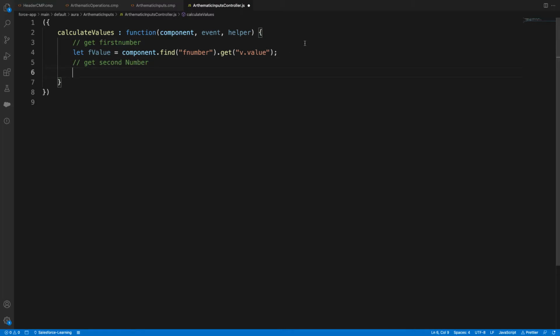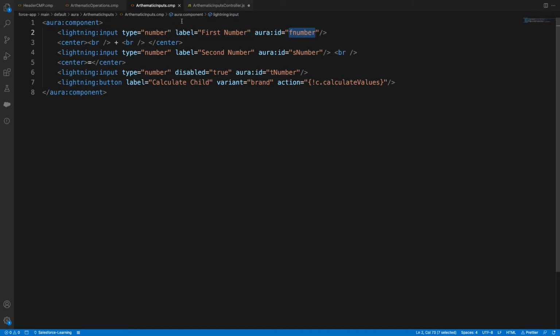Second number, okay. Whenever you have aura attributes, you know how to get them: component.get v. aura attribute name directly, isn't it? For the values. But what if it is an input, but there is no value defined? For those things, based on the Aura ID, we can also get the data. And you can get any parameter like type, label, whatever you want, based on the ID. So we have the ID first. So we need to ask the system whether I have, say, S number. Imagine that this is 80,000 lines of code. In this, someone asks whether S number exists or not. What will we do? We'll simply